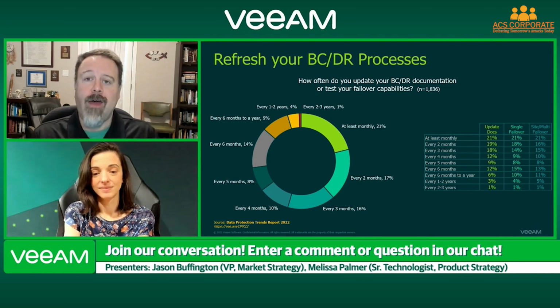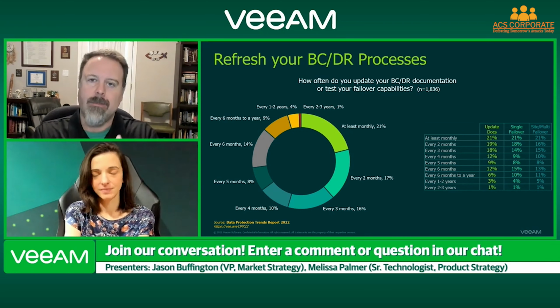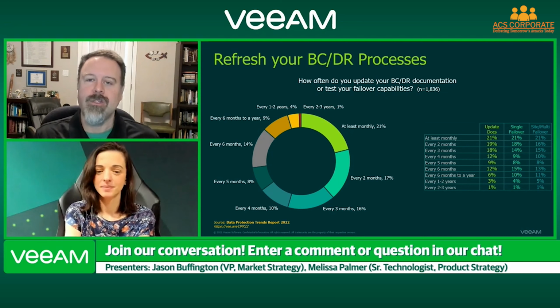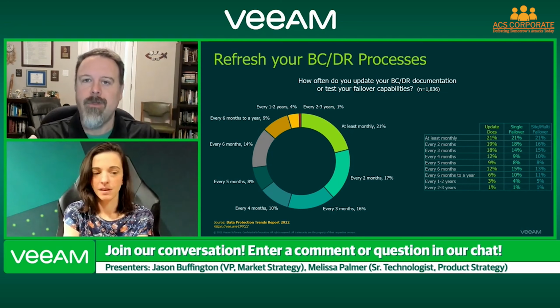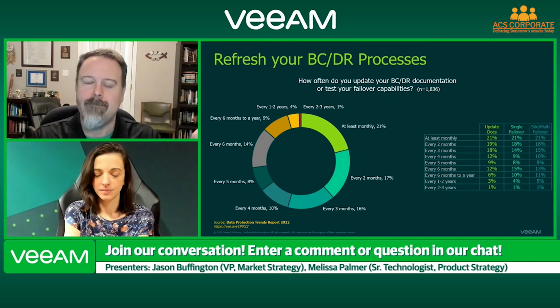Fun fact, when an organization was using a third party hot site, so SunGard, IBM, Comdisco, those kinds of folks, the average was testing every 9 months. It was about an even split between the 6-monthers and the 12-monthers, and that was the best you got, right?